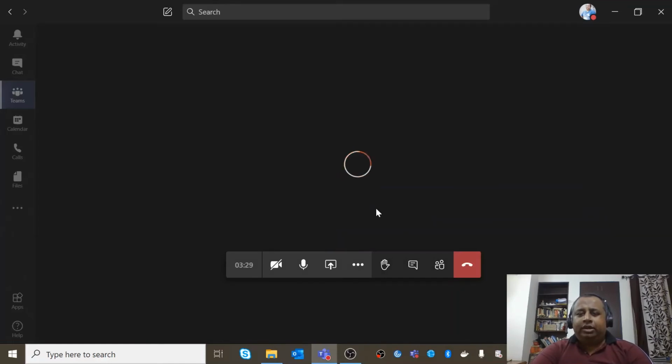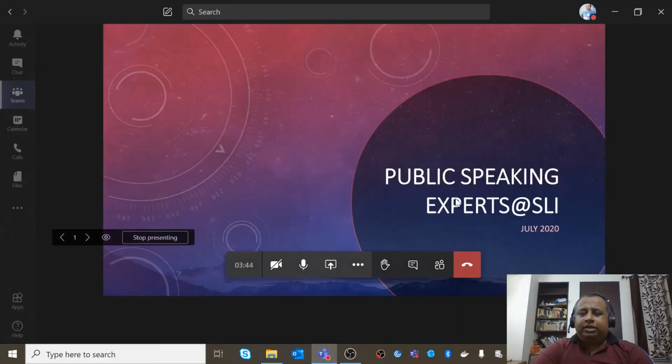it will load this PPT in the slideshow mode. And here we can see, after loading, an interesting difference. Once it has completely loaded and has started showing in slideshow mode, we will see that even though it is in slideshow mode, we are still able to have access to this floating bar of the MS Teams. What it essentially means is that even though I am presenting my slides, I can still quickly check